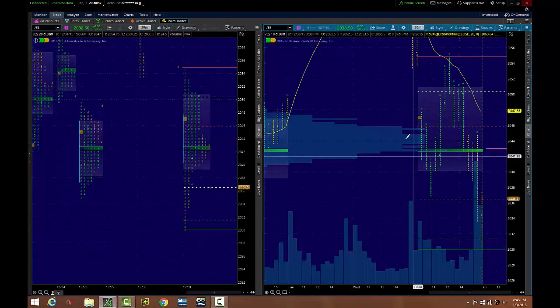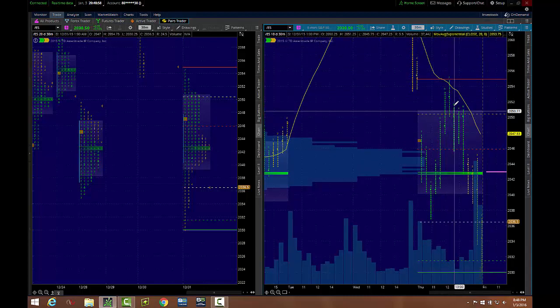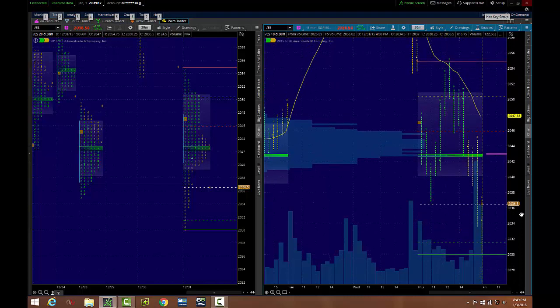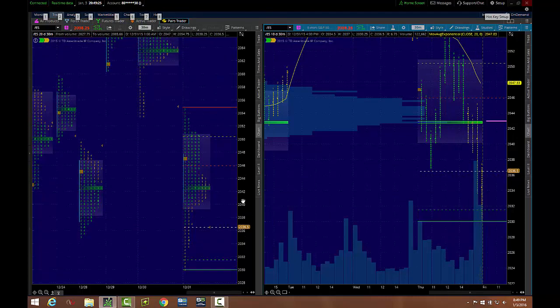The profile, we tested lower, fought back up, just got within the previous day's range. It was rejected out of there, fell pretty hard. I'm just trying to determine if we're a little short in the hole here. This is where value was. We may be temporarily, inventory may be temporarily short, so we'll see how we handle that